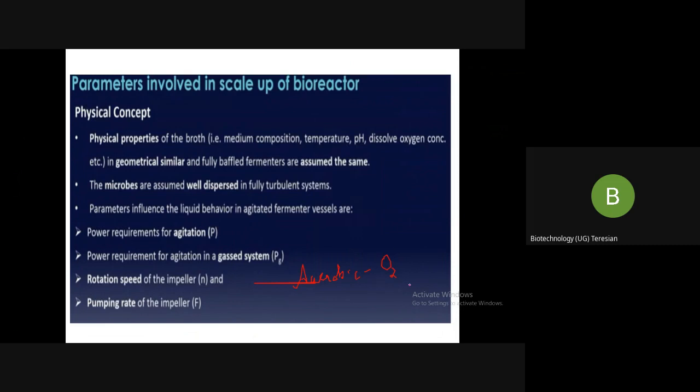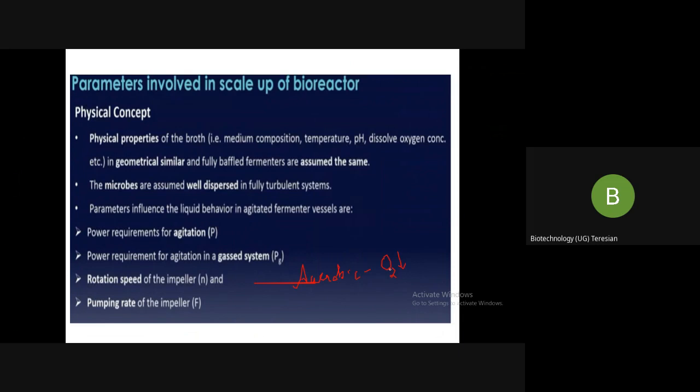So this oxygen serves as a major limitation when we use the aerobic microorganism for the fermentation process, because the dissolved oxygen concentration is low in the media which contains the aerobic organism, since oxygen is only sparingly soluble. So this becomes the rate limiting step, and that is considered as a rate limiting step to the cells.